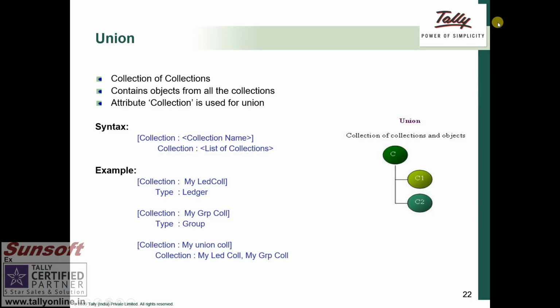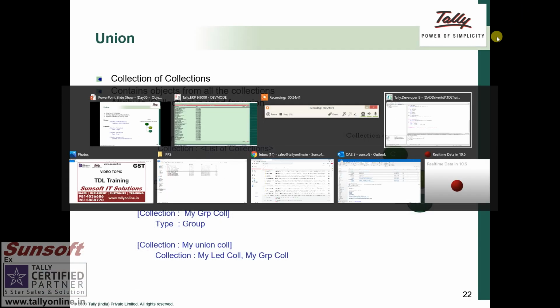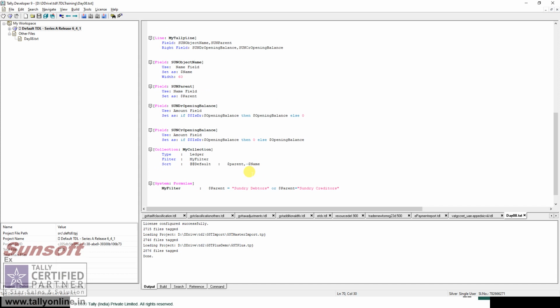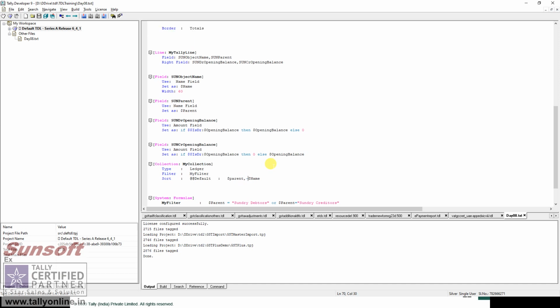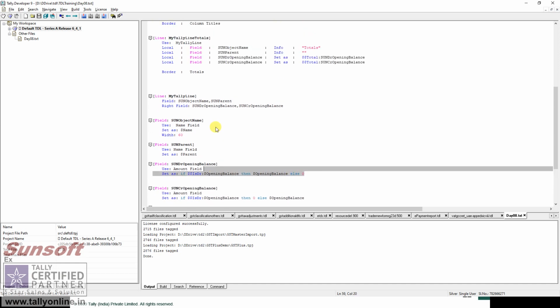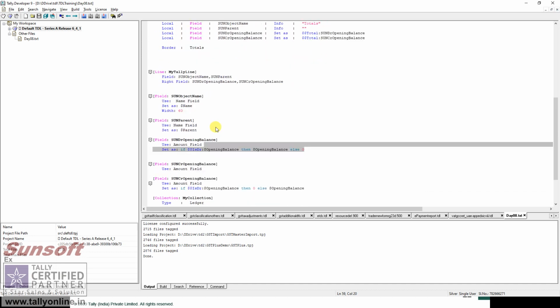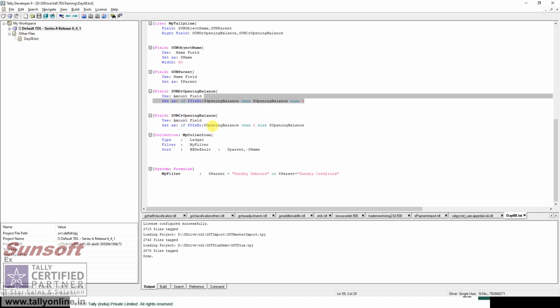So, a brief recap of what we have covered till now. We have seen the filtering part, how we can filter a collection. We'll be seeing the advanced cases later on as we move ahead with the training. We have seen sorting. We have seen what if conditions we can have in the setters command. We have seen how to total things in collections. That's all for today. We'll continue with objects and collections in the next session. Thank you.